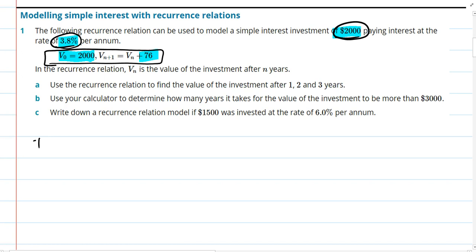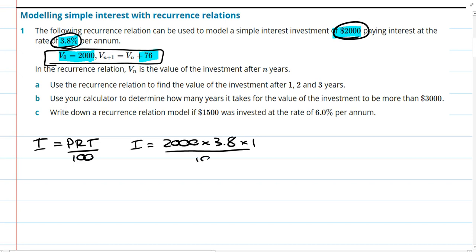So if we were to use our old-fashioned I equals PRT over 100 formula, we'd have I equal to 2,000 times 3.8 times 1, because we do it for 1 year, over 100,